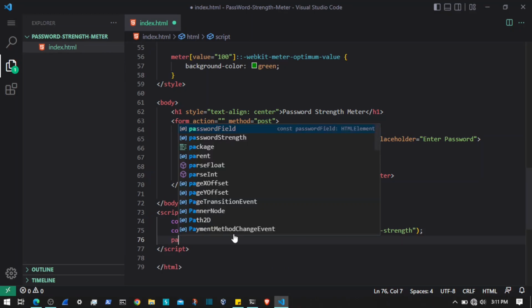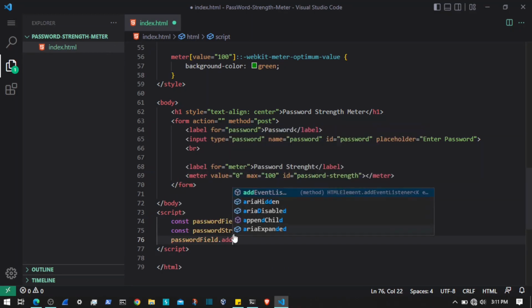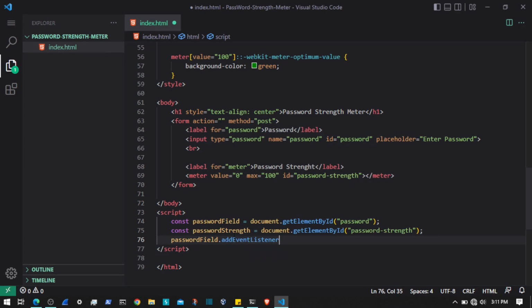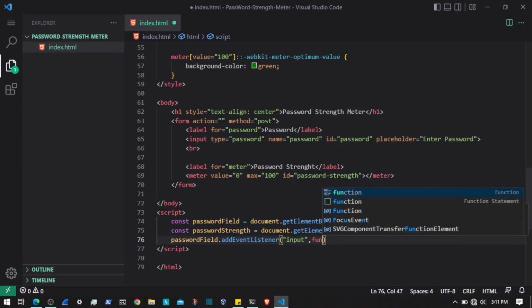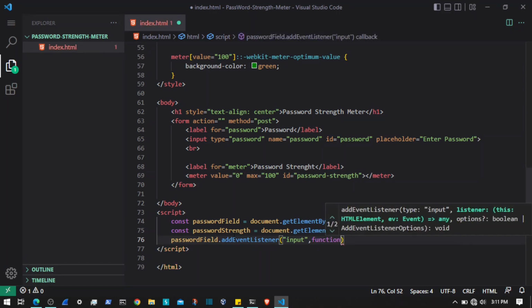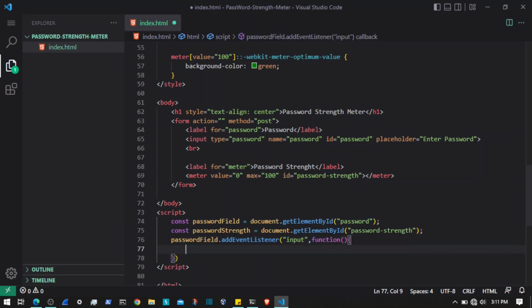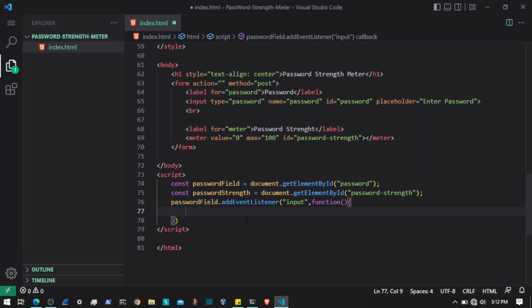Now we will add an event listener to the password field. So passwordField.addEventListener, and the event that we want to add is input. So whenever you input anything, we will call a function, and let's say this is an anonymous function. And what we will do here is let's say const or let, and let's say strength